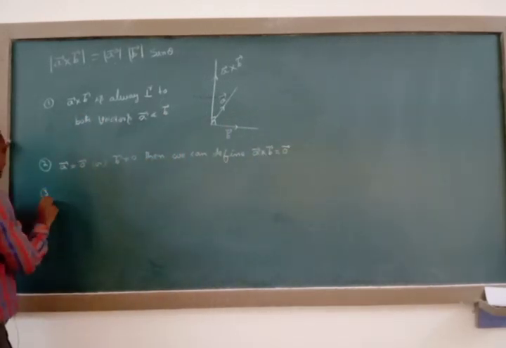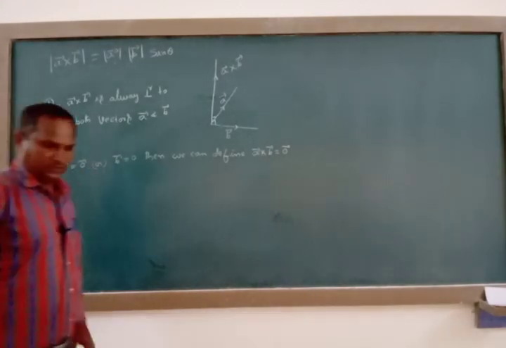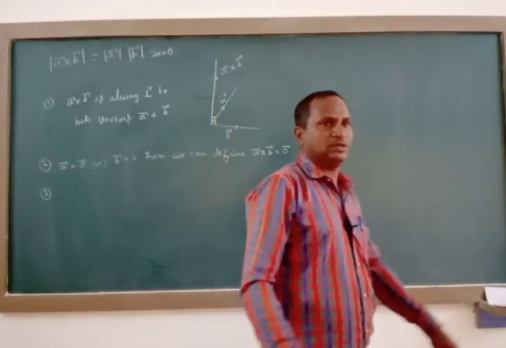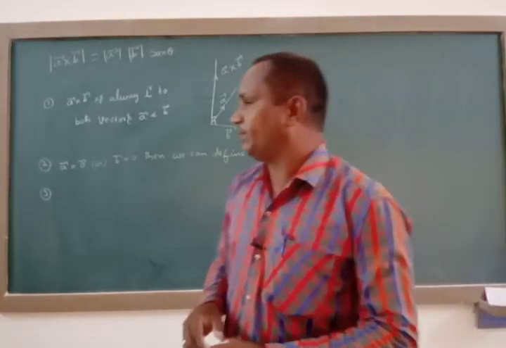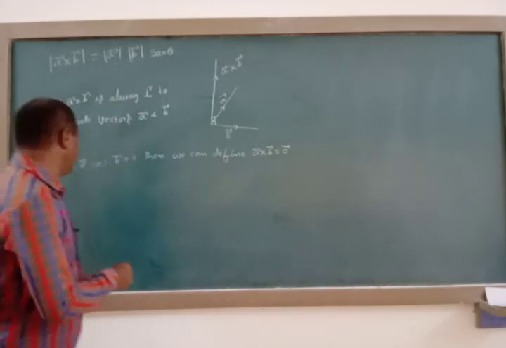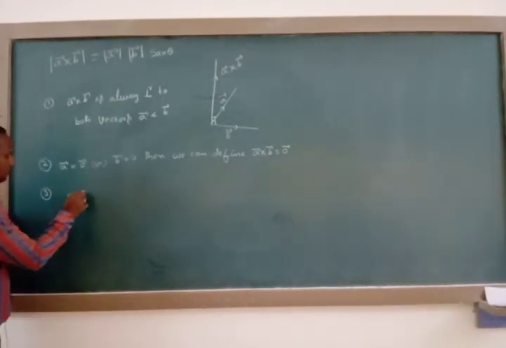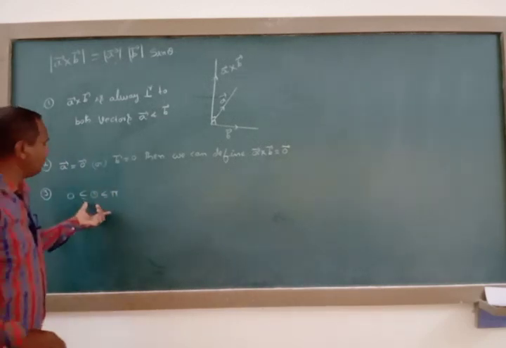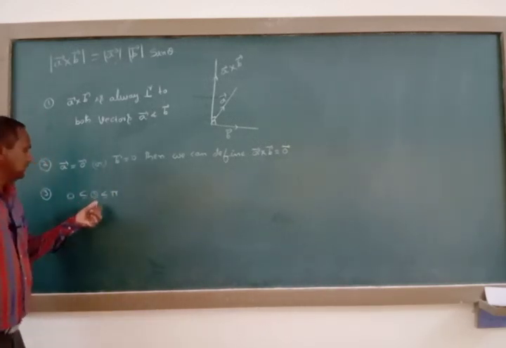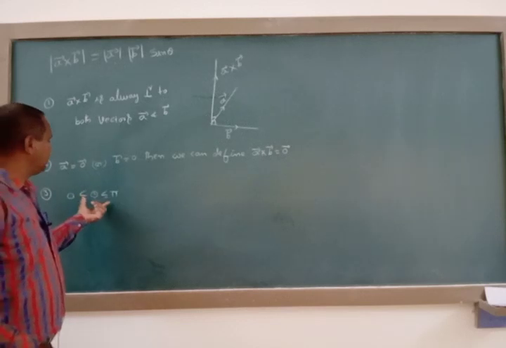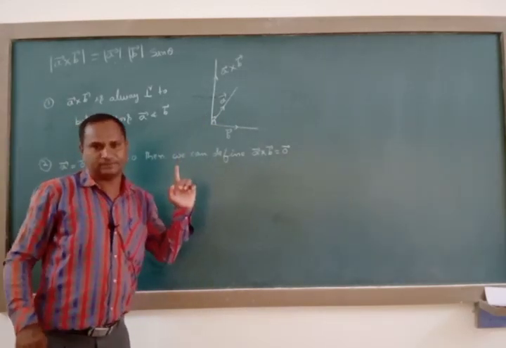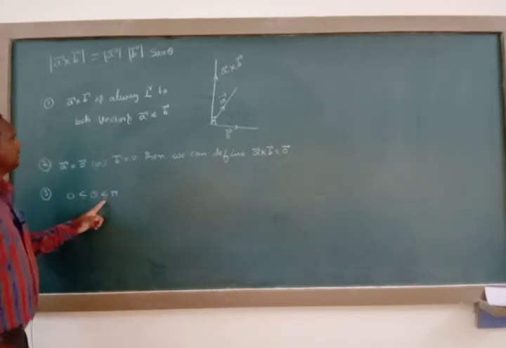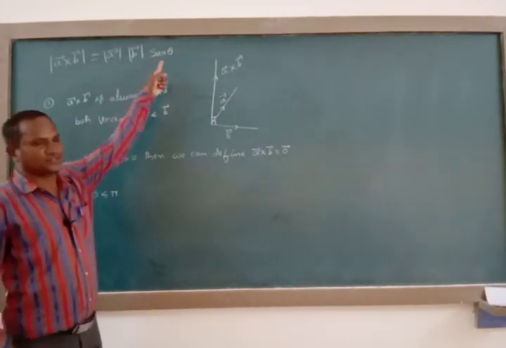Next, third point is, whenever in case of cross product, one important thing is the angle between the two vectors should always be 0 less than or equal to theta less than or equal to pi. This angle always lies from 0 to pi. In this bounded region only, the angle should exist between A and B. That's what in case of cross product, we discussed the function is sine function.